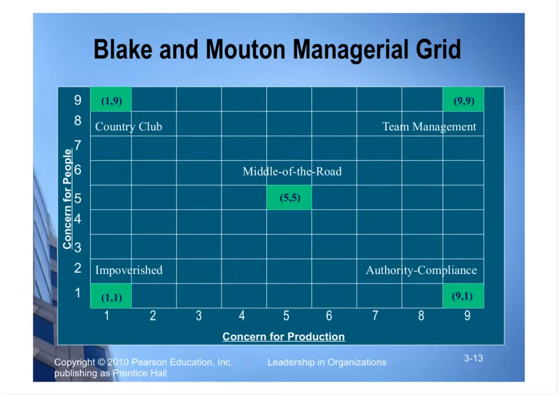So you see how, let's say in a country club, which is a networking place, you don't really have that much production because it's mostly networking. But you see a lot of concern for people. So if you're managing that type of group, you don't really focus on